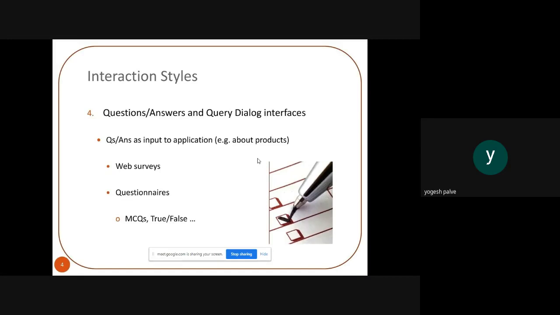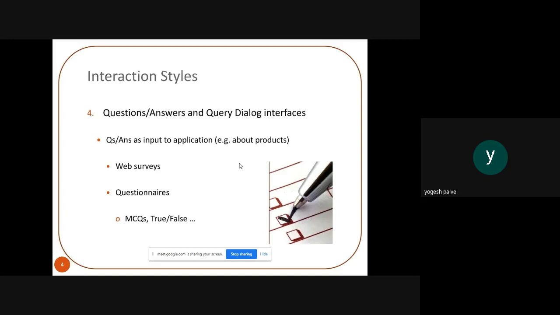Then questionnaires. Based on that interaction style, we have to provide some questionnaires to the particular customer or user. As you all know, there will be true or false type questions, and different MCQs will be available in some kinds of applications.